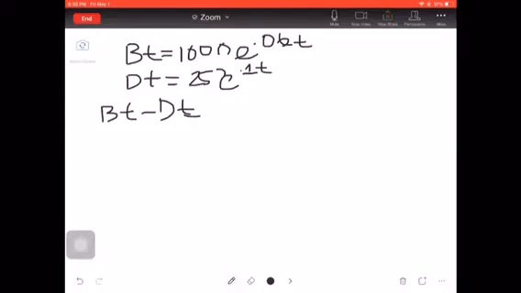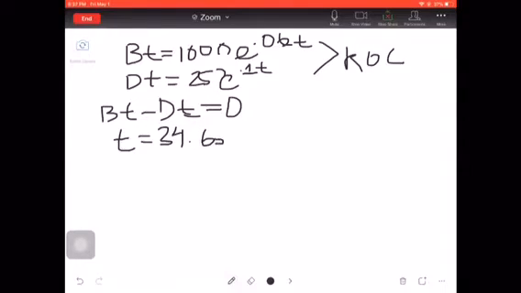Now, with absolute min and absolute max problems, it's important to remember, usually we'd find the derivative and then set it equal to 0, solve for t or whatever variable, and that would be your critical number. However, in this case, these two equations are rates of change, so finding the derivative of them would be incorrect. This is very important to look out for. So we set it equal to 0, and since it is a calculator approved problem, we find that the critical number, the t value, is